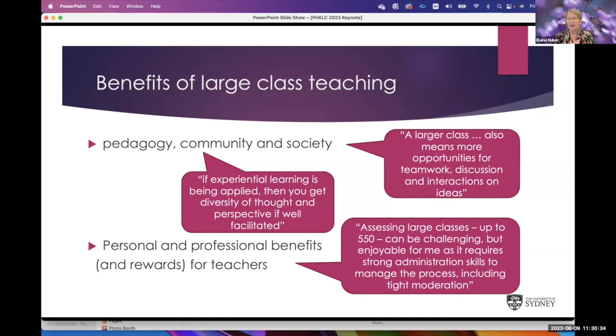And they also cited certain personal rewards and professional benefits. It might not be immediate. They might feel burnt out and overworked, and it's really hard to do. But when they look back, they won awards for their teaching. They felt like their skill sets grew through being involved in this networked activity.